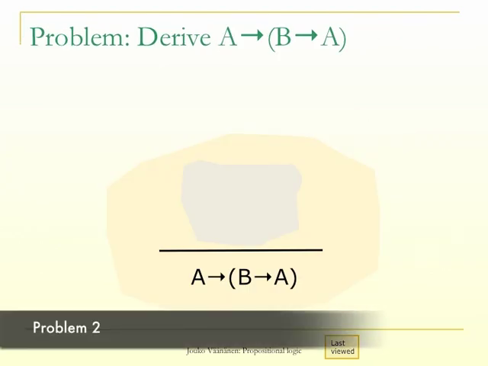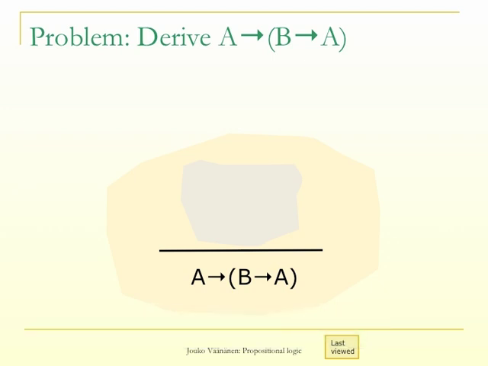Derive A implies (B implies A). We prepare ourselves to apply the implication introduction rule. For this end, we make the temporary assumption A, and we try to derive B implies A. Now we use the implication introduction rule to conclude B implies A and at the same time eliminate the temporary